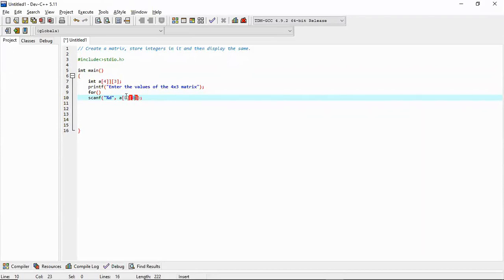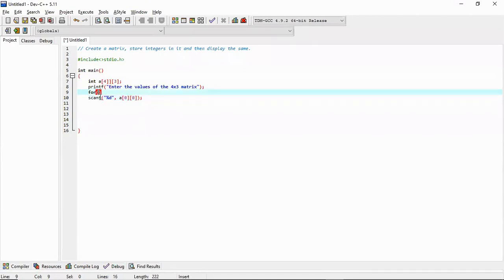To control the row, we need one loop. To control the column, we need the second loop. If we are entering the value line by line, row by row, the outer loop will be the loop for row, and the inner loop will be the loop for column.